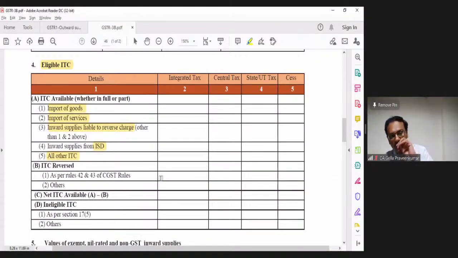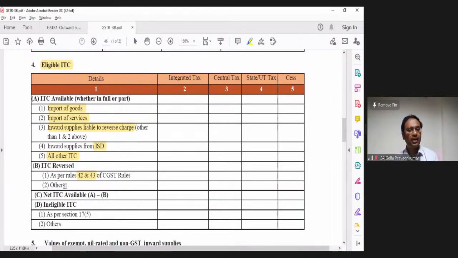Next, having understood all other ITC, there is something called ITC reversed. ITC reversed as per rule 42-43. Again, I draw attention of all the students who are listening to me. When we disclose table 8 in GSTR 1, so what is your table 8? Non-GST supply, exempt supply. Is there any input tax to be reversed on account of section 17? Where rule 42 has to be applied. Rule 42 on input and input service, rule 43 on capital goods. While studying my input tax concept, we have studied rule 42-43. So month on month, when I am doing a reversal, I need to come and show in this particular table. That is the rule 42-43.